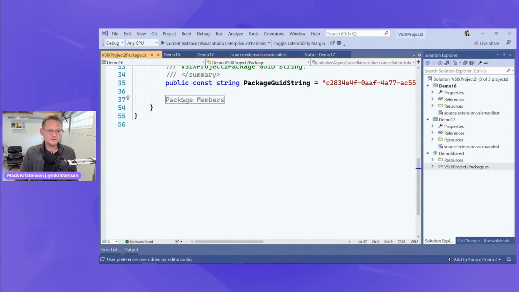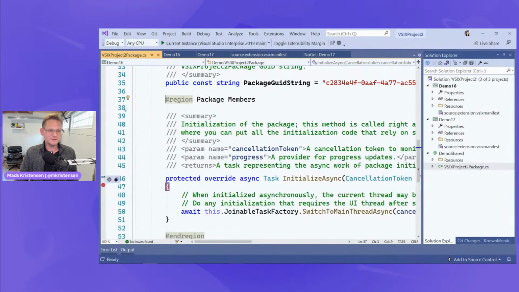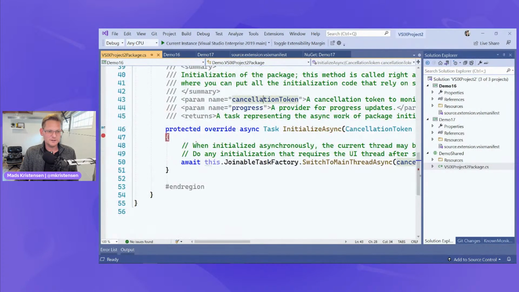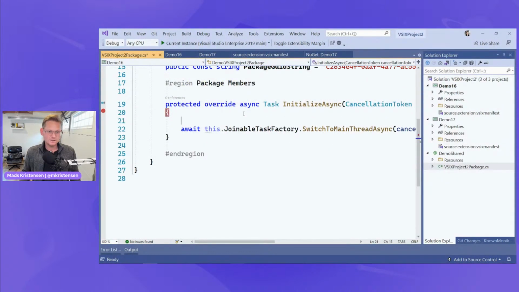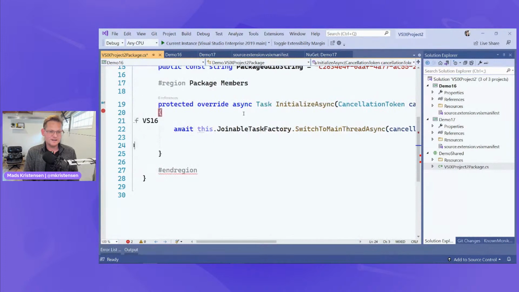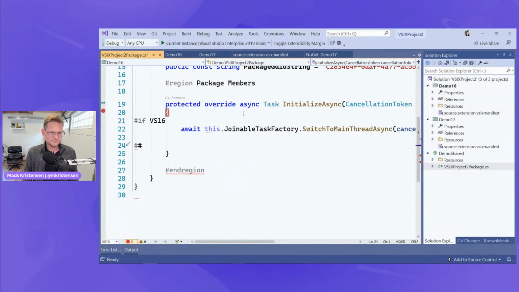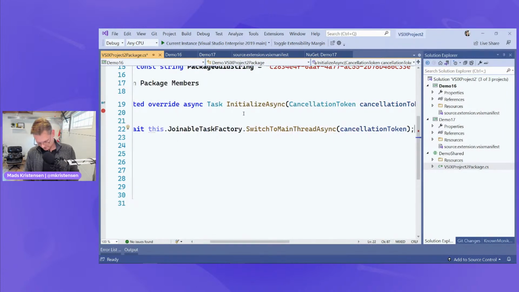Oh, I disabled that margin. Interesting. Anyway, I could go in here and do an #if. So I could say #if VS16, do it this way, #else, do something else, and then #endif. Or I can even say #elif, if I have multiple of these. So #elif VS17, do something else.